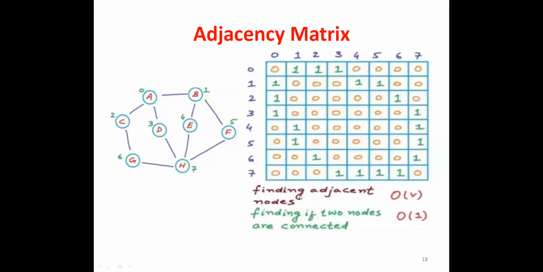Okay, the two basic operations: the first is finding the adjacent nodes. If I want to find the adjacent vertices of A, for example, this A is represented with index 0. I can't go directly to A, right? It's not possible. I have to mark this A as index 0. Then I can have a separate table also. You can have a hash table to match the key with the alphabet.